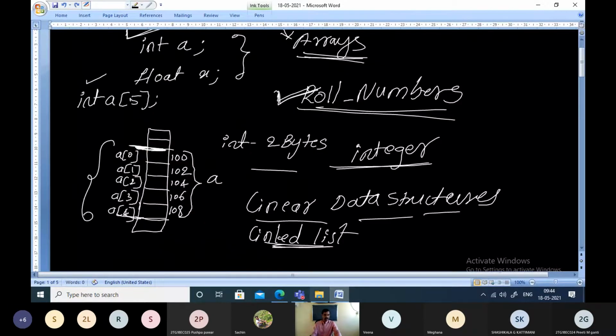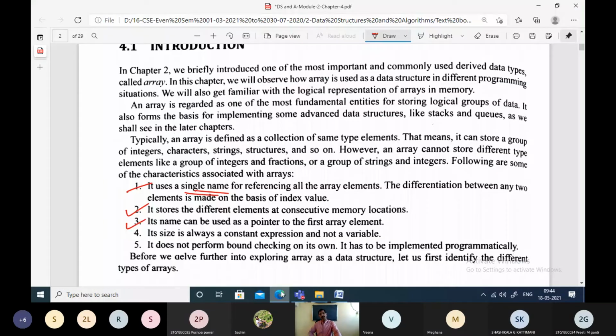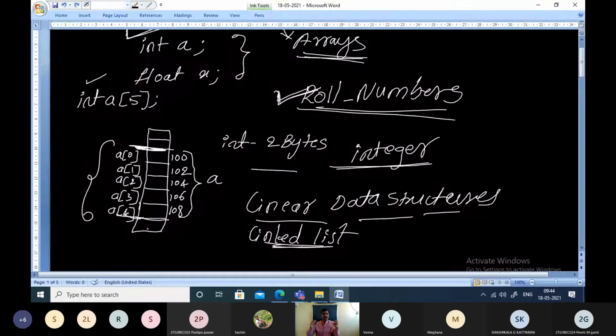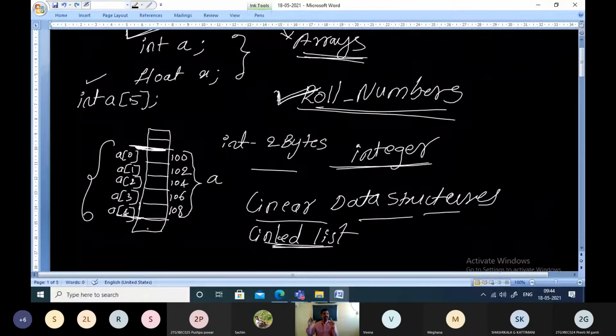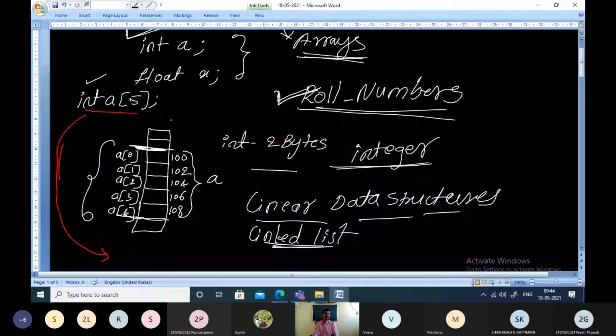That is one key property, and its size is always constant and not variable. The size of the array is always fixed. It will not change during the execution of the program, because it is an example of static memory allocation. Now, when I declare int a of 5, that means 5 elements of type integer.